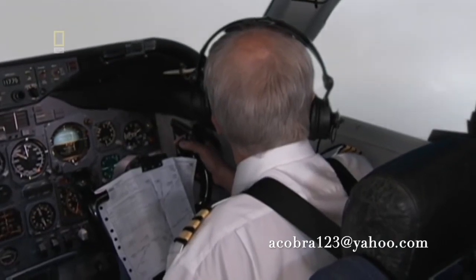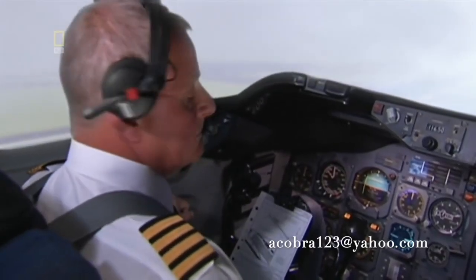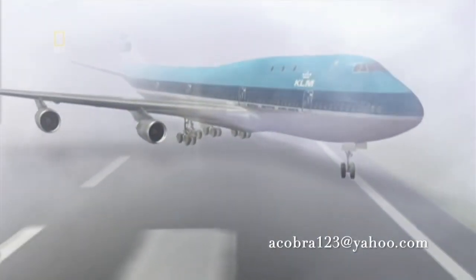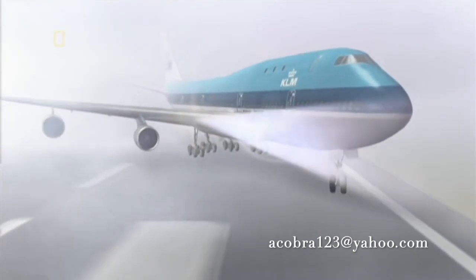5:02 p.m. The controllers give Pan Am permission to taxi onto the runway right behind the KLM. The Pan Am pilots are then told to turn off at the third exit and wait. Conditions are getting worse by the second. 5:04. The KLM is completing its 180-degree turn and getting into position for takeoff.